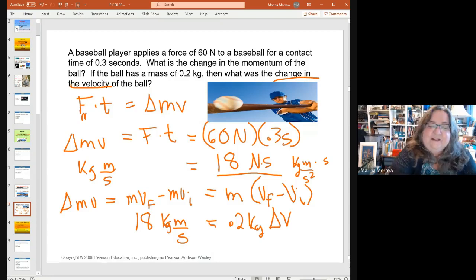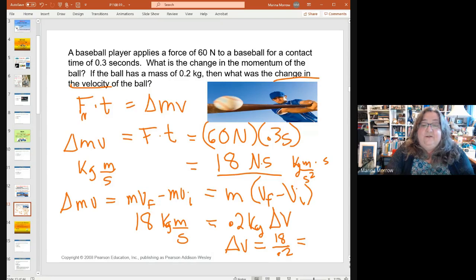So our change in the velocity, delta v, is going to equal 18 divided by 0.2. And so that's going to become 90 meters per second. Whoa,